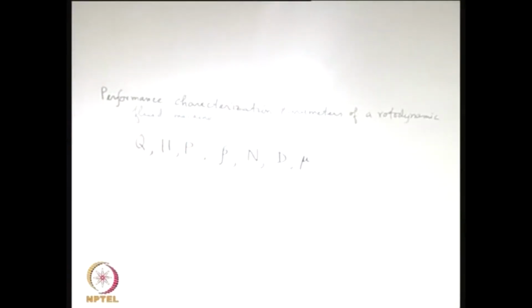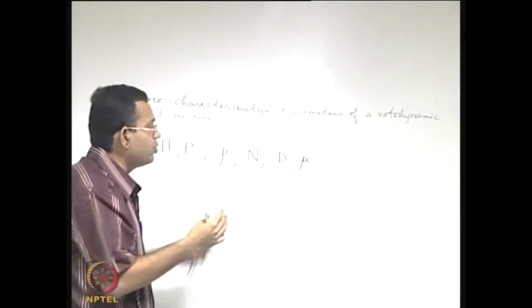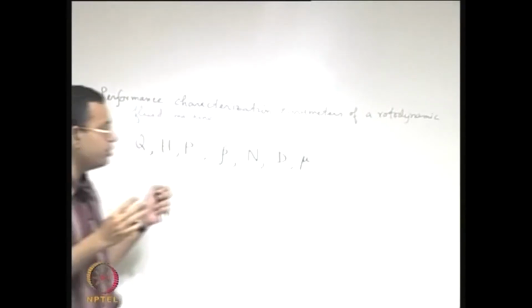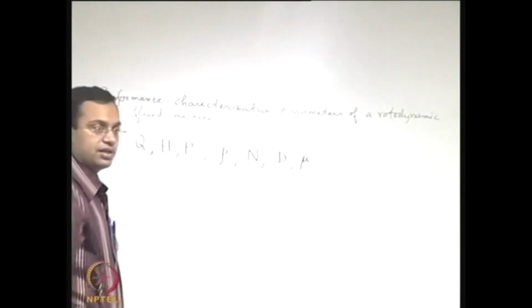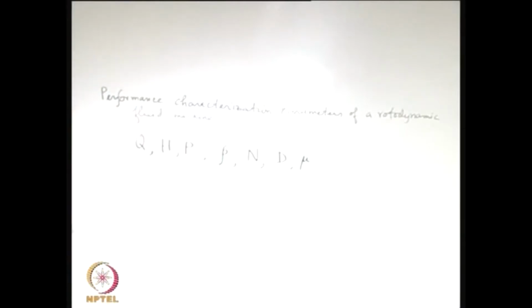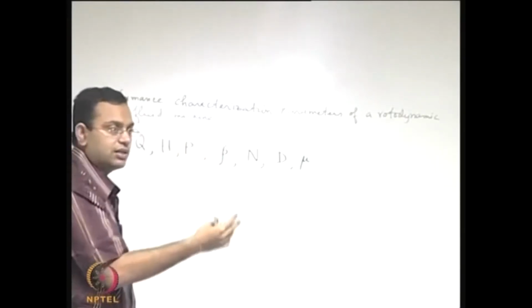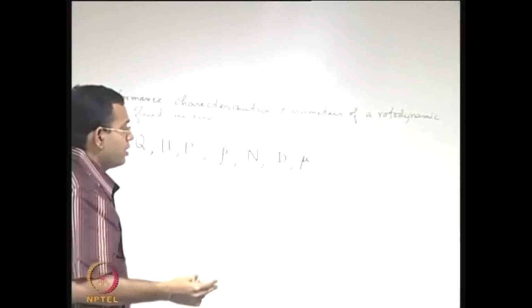So in totality we are getting 7 parameters. There could be more parameters if you look into more and more sophistication, that is the relative surface roughness and all those things, but we will not go into that sort of detail. We will try to get a gross picture. So these are the parameters. Now when you have these parameters, some of these are dependent and some of these are independent variables. Now how these parameters combine to give a more meaningful collection of parameters, typically non-dimensional parameters? To do that we will be using the Buckingham pi theorem.